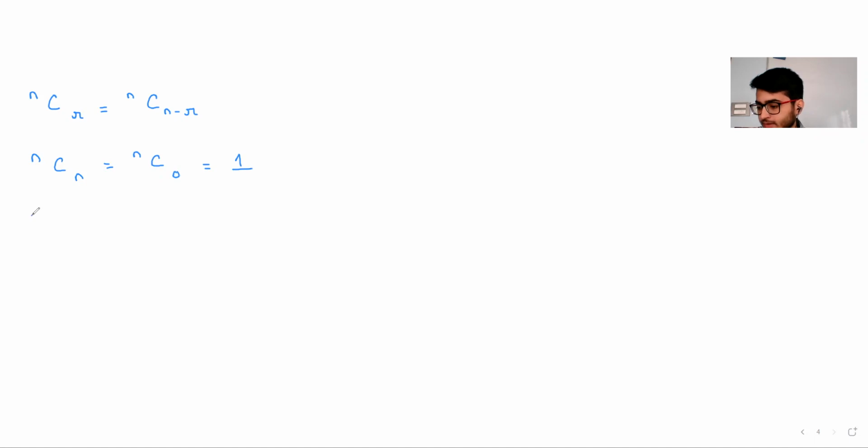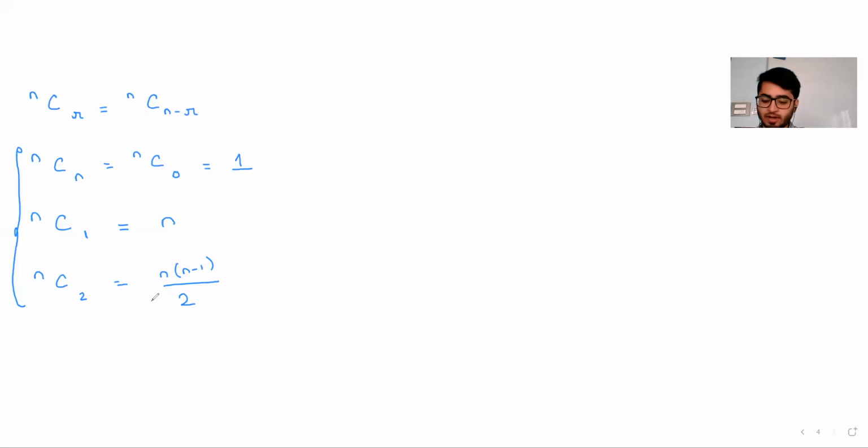And then these are nothing if you just put the numbers. nC1 is n and nC2 is nothing but n into n minus 1 by 2 factorial, which you can simply write as n(n minus 1) by 2. The only reason why I'm explicitly writing these 3 is so that it aids you in your calculation. You do not have to apply the formula that nC2 is n factorial divided by 2 factorial into n minus 2 factorial. You could simply remember this result as well, because these 3 are something which would be used on a more regular basis throughout the actual papers.